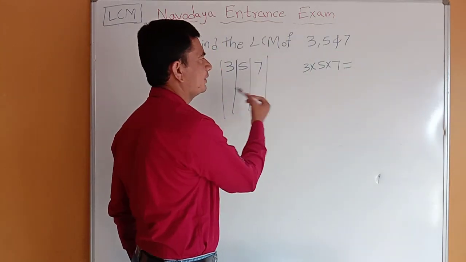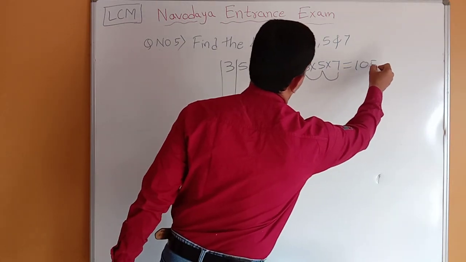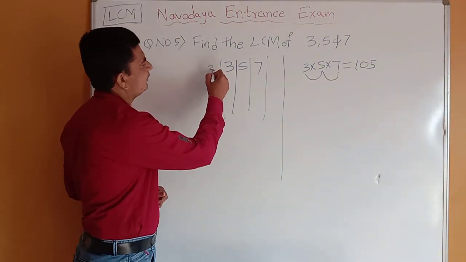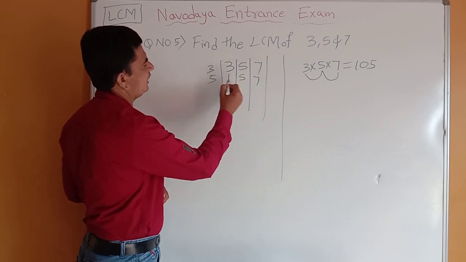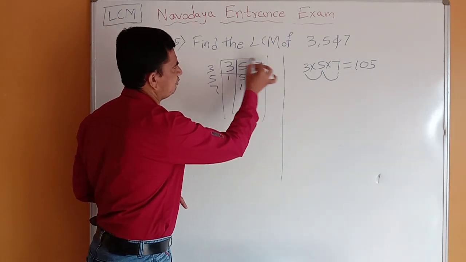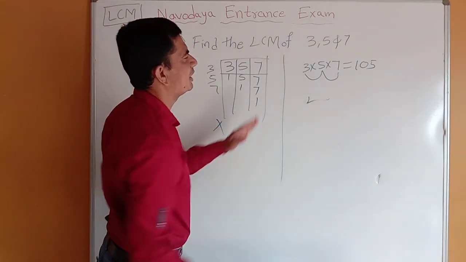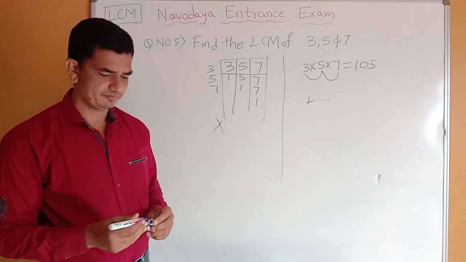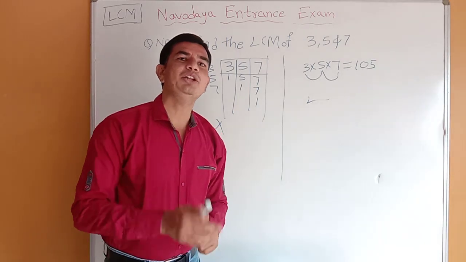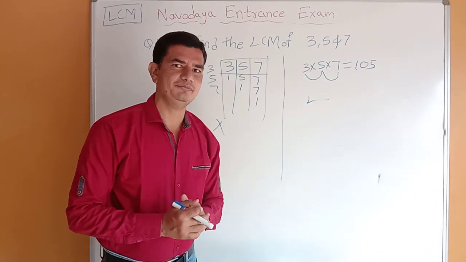Here, we will check by doing the LCM method and by doing it directly. 3 fives are 15, 15 sevens are 105. Now with the method: 3 ones are 3, 5 as it is, 7 as it is, 5 ones are 5, 7 as it is, 7 ones are 7. So if all the given numbers are prime, there is no need to do this step. You can directly multiply, because it will save your time. One thing you have to remember: if all the given numbers are prime, then we can do only multiplying to get the answer.